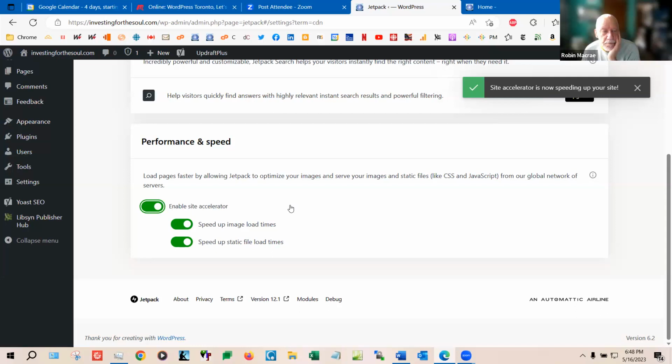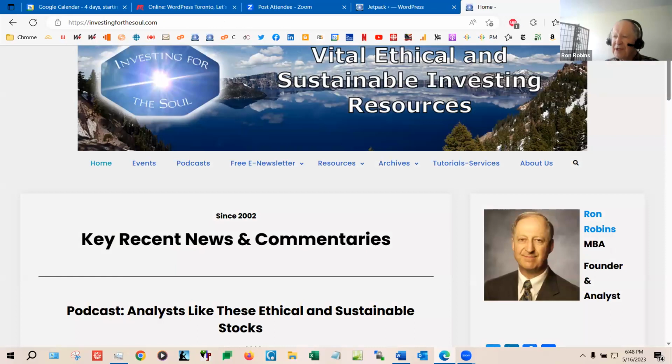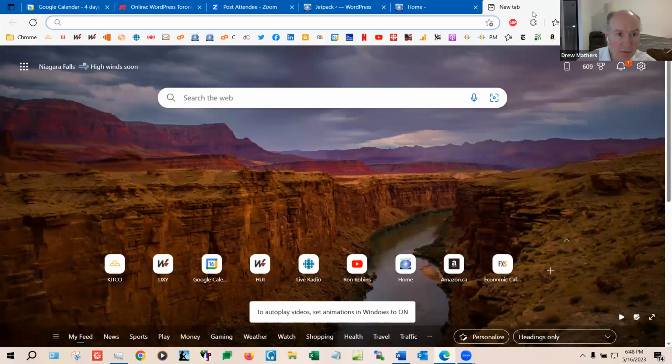Okay, so the next thing would be to go into your hosting control panel. You mean cPanel? cPanel, yes, it's different on different hosts. A lot of hosts use cPanel, it's fairly common.